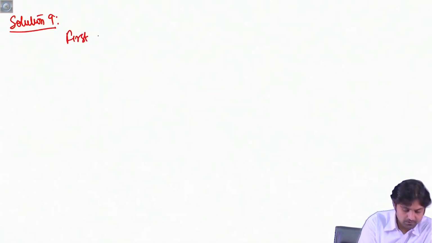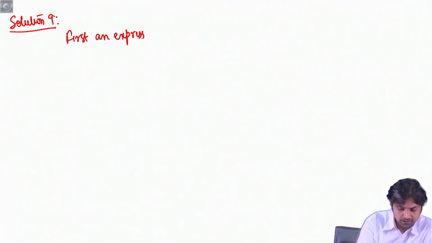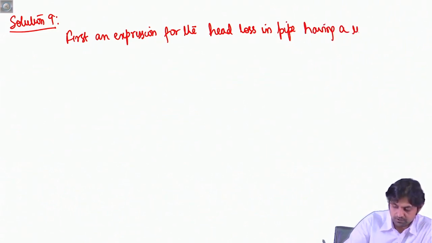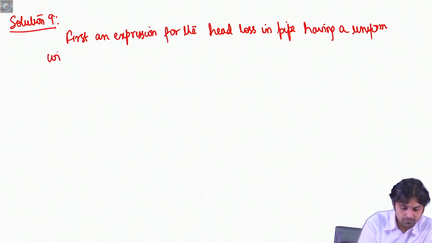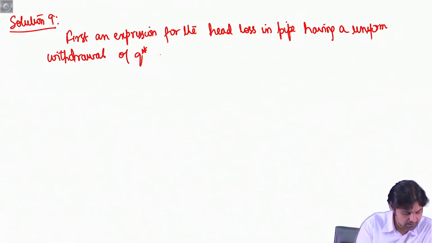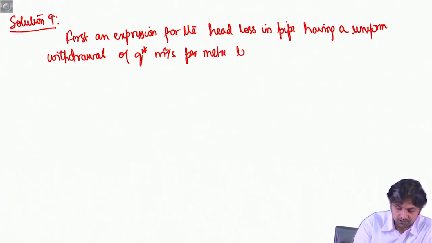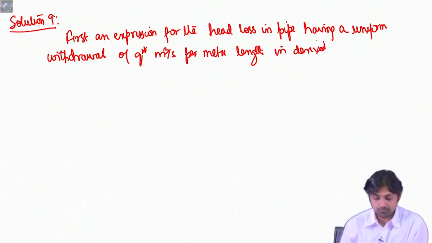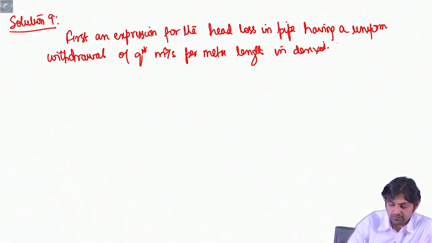So, first an expression for the head loss in a pipe having a uniform withdrawal of Q star meter cube per second per meter length is derived, because it says the water is withdrawn by a series of pipes at a uniform rate. All right. So, to be able to do that, we consider